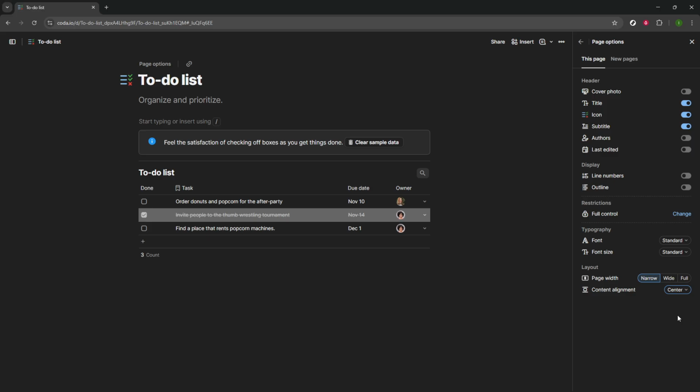Remember, a well-structured document is not just about looking good, but also about enhancing clarity and usability for you and